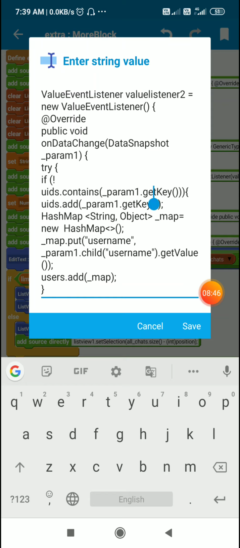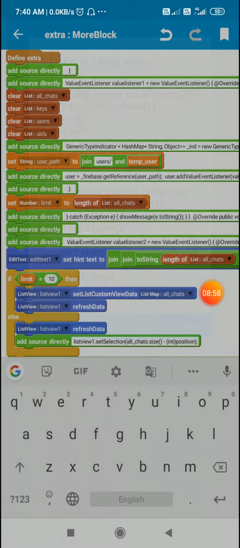So only if the user ID is not there in the list, I will add it to the list of users and UIDs.